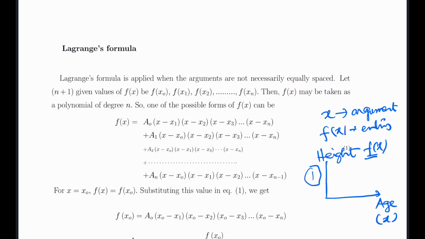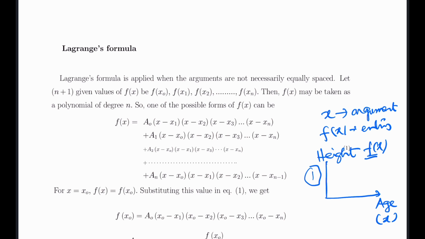We see from here that all the terms will be 0 except the first one, because the first term has no x minus x naught anywhere, so this term will remain. Every other term has x minus x naught. The moment you put x equal to x naught, the second term, third term, the last term, all terms will vanish. So you are left with only one term, and that is fx naught equal to a naught,